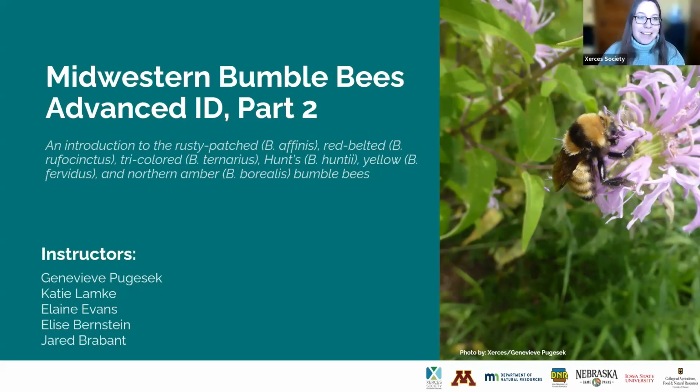Want to welcome everybody. Thank you so much for joining us today for part 2 of our Midwestern Bumblebee ID course. Today we are going to be covering 6 different species of bumblebees that you can find in the Midwestern United States. The rusty patch bumblebee, the red-belted bumblebee, the tricolored bumblebee, Hunt's bumblebee, the yellow bumblebee, and the northern